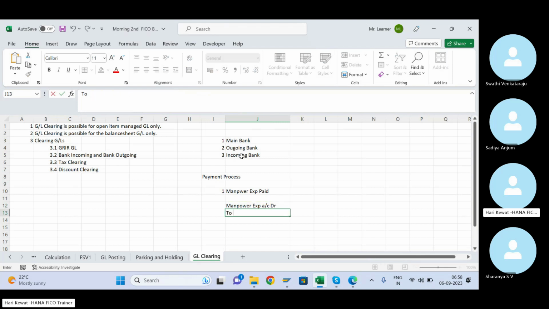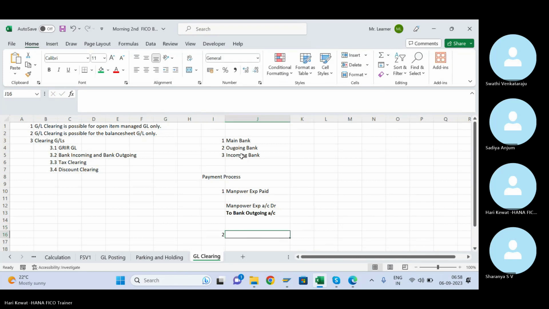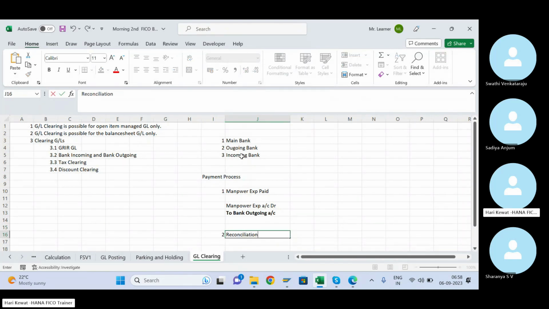Here I'm selecting bank outgoing GL, the bank outgoing account. So later, this outgoing GL, I have to do reconciliation. You will understand how the reconciliation process works.